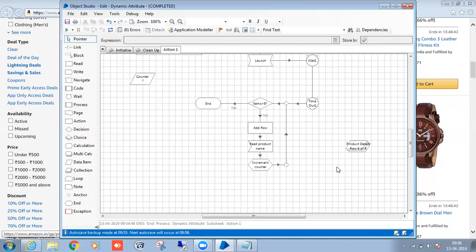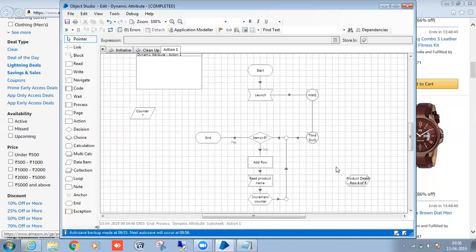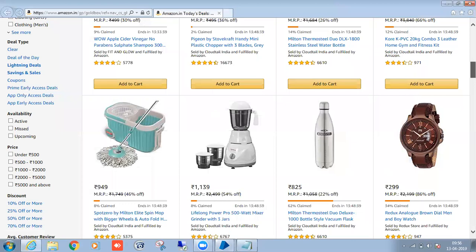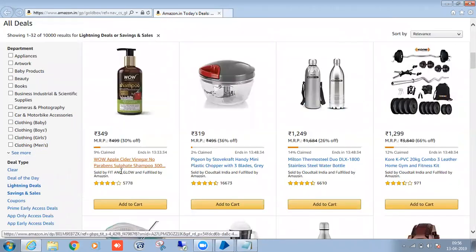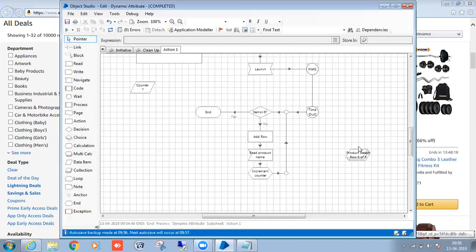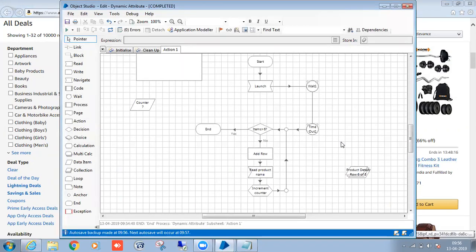A dynamic attribute task. We have to create one Excel sheet with these details. There are 6 products now. Not only the names, we have to read the price also. Same, we will use 1, 2, 3. Then we will check where it is exactly varying. Then take a counter and repeat the same. So apply this for real-time scenarios.